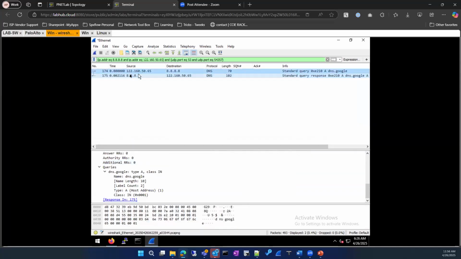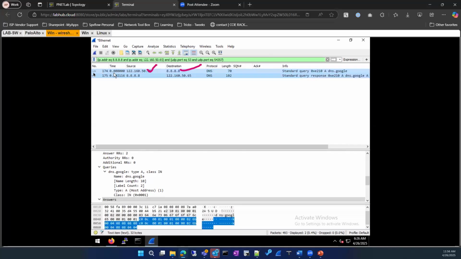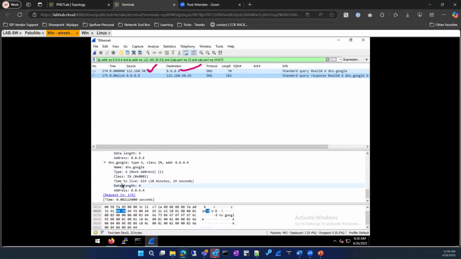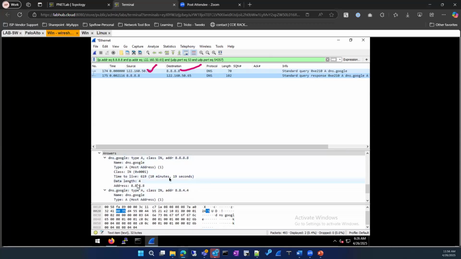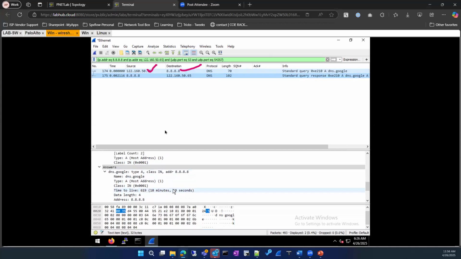So this is my source 122.160.50.65 and it goes to the destination 8.8.8.8, because I think I have configured the DNS as 8.8.8.8. I'll show you that in the command prompt. For this, if you see this arrow, it goes out from this computer and I got a response back. The answer tells what your DNS answers are. You have two DNS servers, 8.8.8.8 and 8.8.4.4. So we tried to do a name resolution for